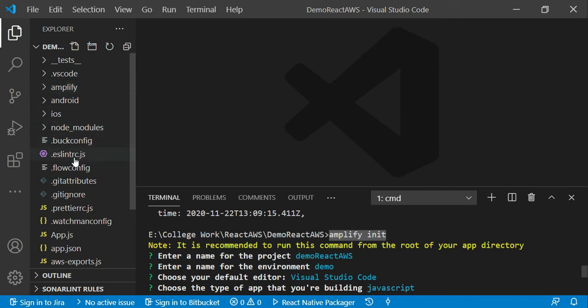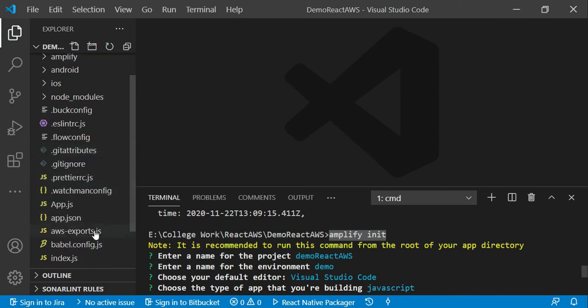The second thing is it creates one aws-exports.js file. See, this file is created. This file was again not there earlier in the React Native application. It was created because of amplify init. The use of this particular file is that it holds all the configuration for the services you create with Amplify. Whatever services we create using Amplify, their configuration will get stored in the aws-exports.js file. Then the next one is it modifies the .gitignore file by adding some generated files, so we can ignore that particular list.